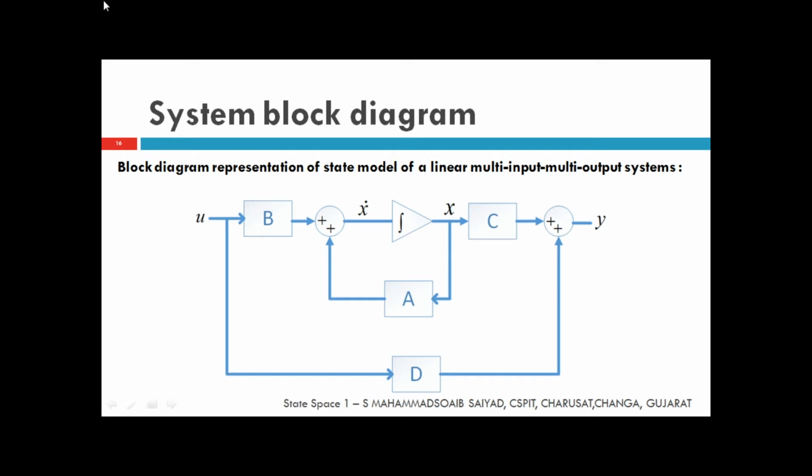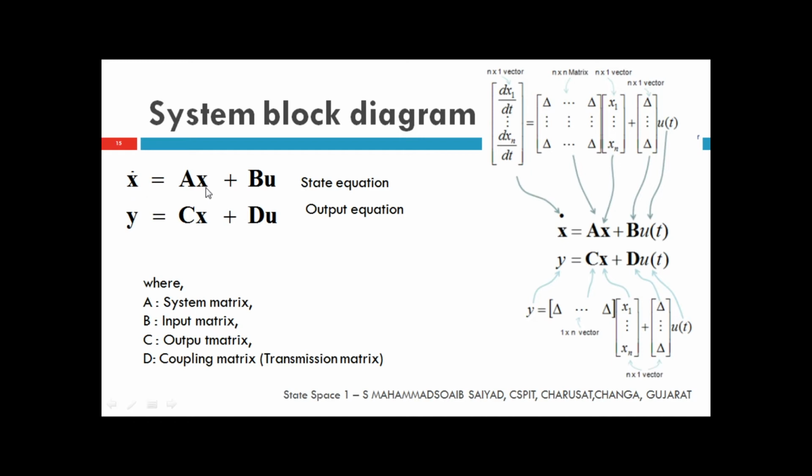So as you already know, if we are integrating something, suppose there is a derivative block over here, let us say x dot, and if I integrate it, that will result in x. Our main equation is x dot is equal to ax plus bu. I want x dot, so x should be multiplied with a, and u should be multiplied with some block b. u is your input and y is your output.